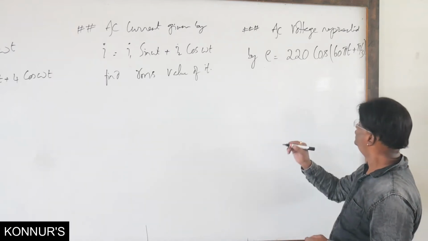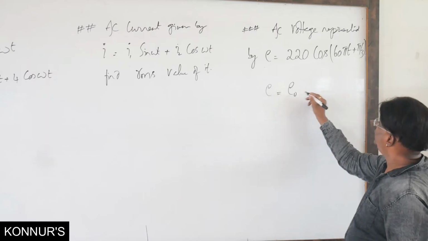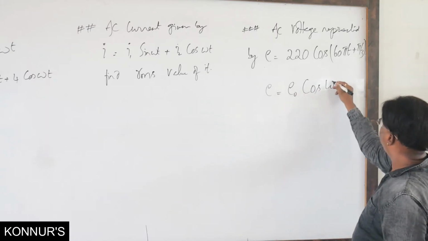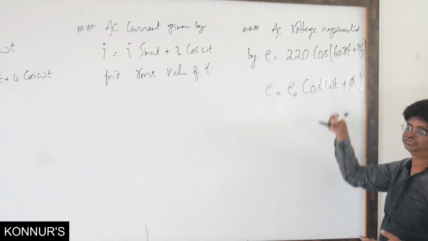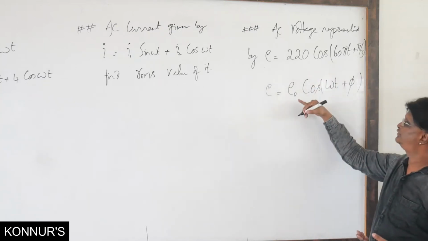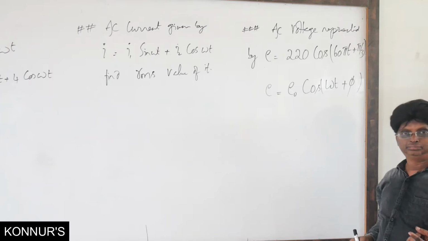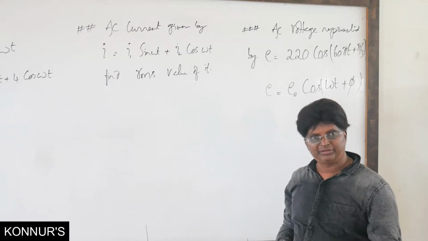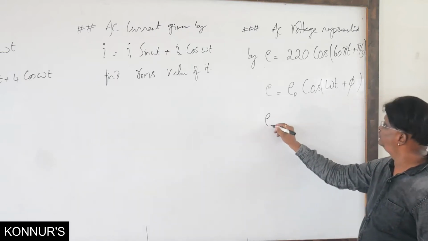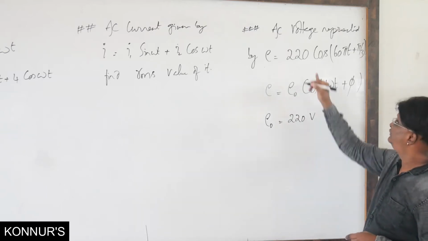Now in such case, our expression is E is equal to E naught cos of omega t plus phi, which is the general equation. I have told you it can be either a sine function or a cos function. The comparison of these things will give you the peak values. Peak value by root 2 is the RMS value. Remember, average value is 2 by pi times peak value. So comparison will give you E naught is equal to 220 volts. Remember, this is the peak